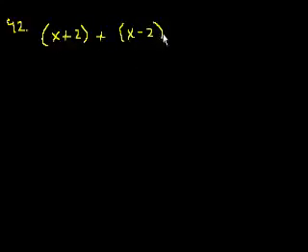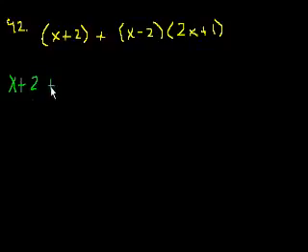Okay, they say which of the following expressions is equal to, this is problem 42, and they write x plus 2 plus x minus 2 times 2x plus 1. So we have to simplify this, and remember, order of operations, multiplication comes first. We have to multiply these two expressions first. So let's do that. I'll rewrite this one over here, x plus 2 plus, and now let's